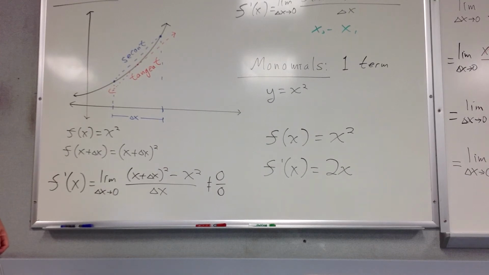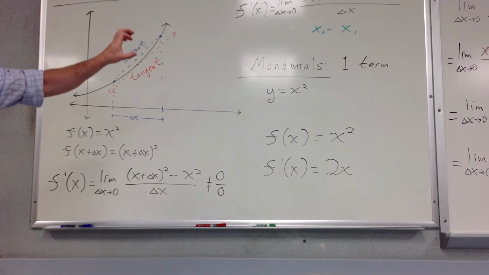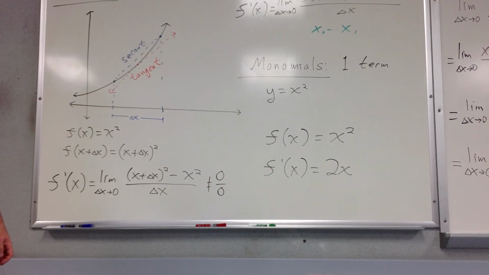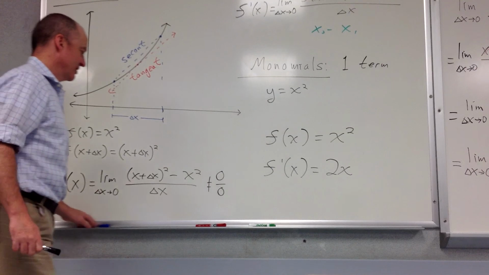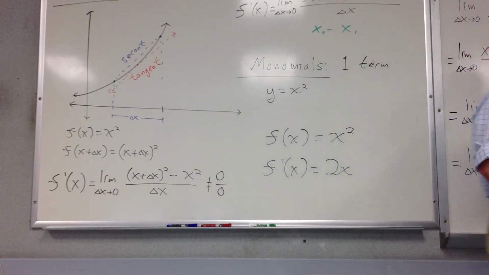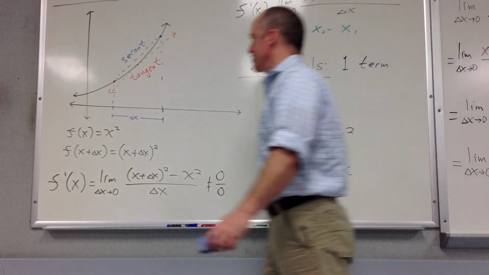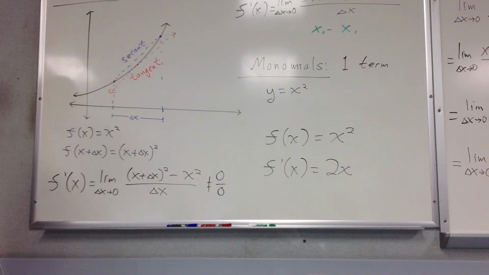Any questions on what I did here algebraically? Could you use, if you knew what delta x equals, and you knew where the points were, could you use that to find the length of the secant? Yes. That would be the distance formula, the easiest way to do that. Or you could use